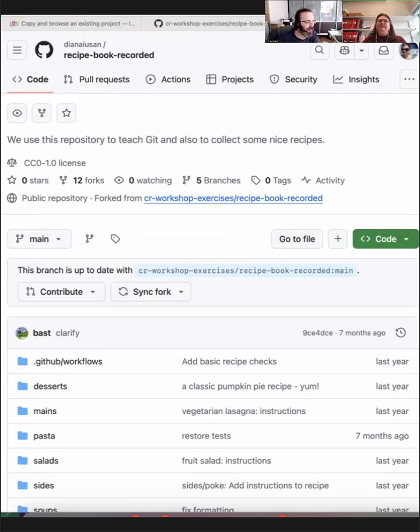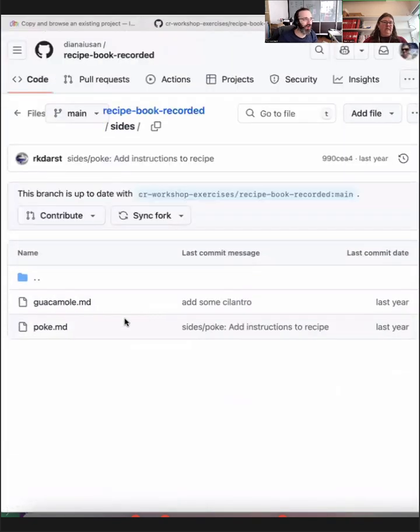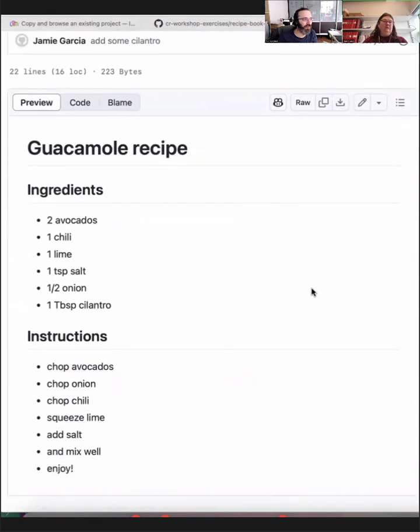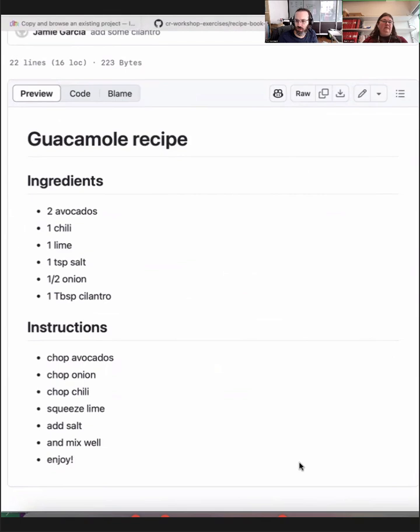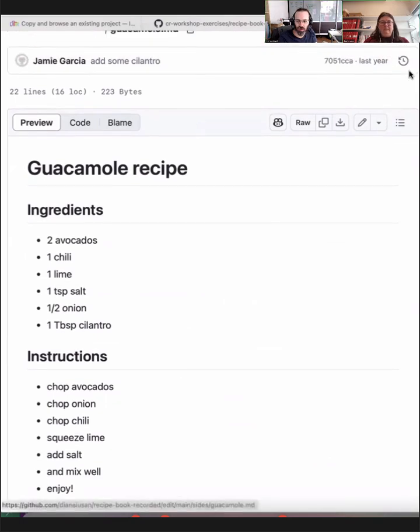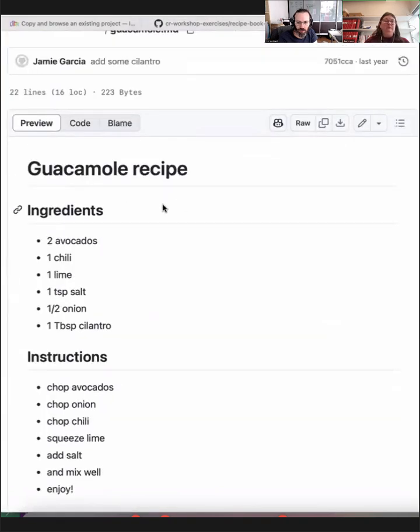So number 6, again, we are going to go to the guacamole recipe, which I remember now it is in sides, guacamole. Let's say that I want to know who has edited this file. We remember that if we check the history, then we got the name of the committers for this file and when they have committed, but let's say that I actually want to know which changes they have introduced. So one way of doing that